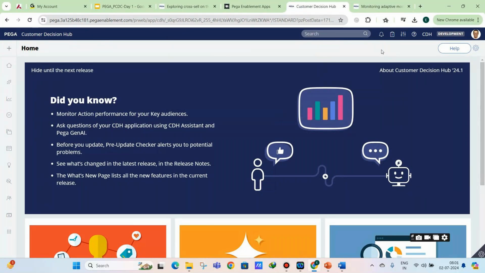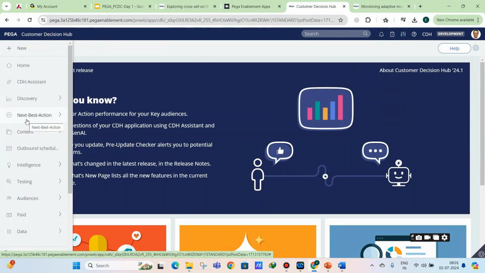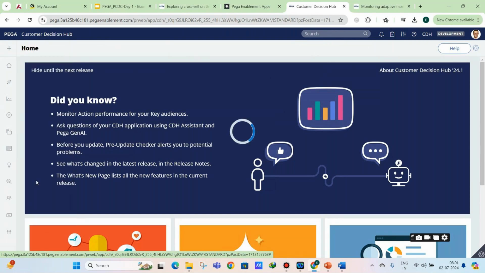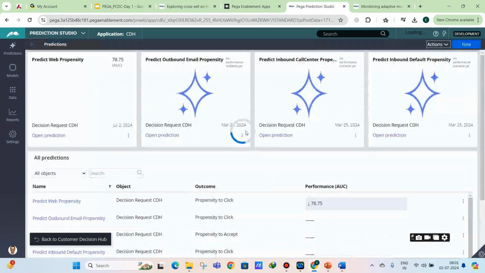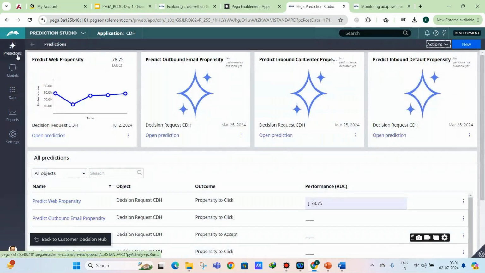Now, welcome to the Customer Decision Hub. This is our Customer Decision Hub, and on the left side you can see all the navigation where you can practice and learn things. To go to Prediction Studio, you just need to click on Intelligence, Prediction Studio. This is the Prediction Studio, where you have all the models and predictions, and a lot of things which we are going to learn in the coming sessions.